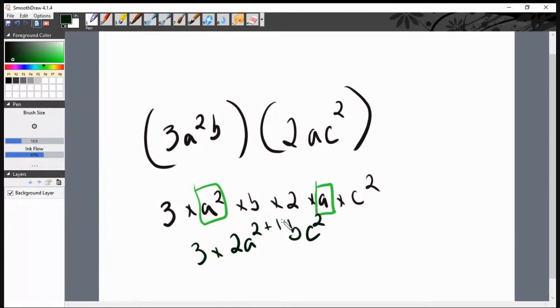And what you're doing, the final answer will be 6A to the third power times B times C to the second power. That would be the simplified form of this. And essentially all you're doing is you're adding the exponents. So 6A to the third power times B times C to the second power is taking the exponents,